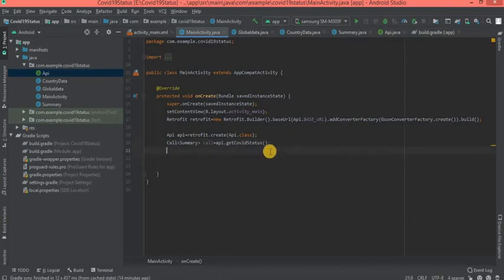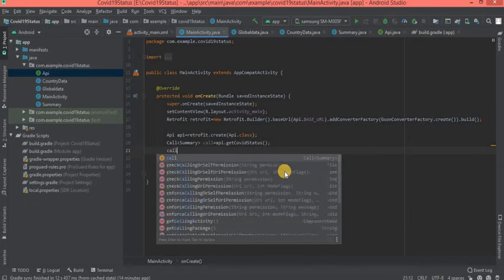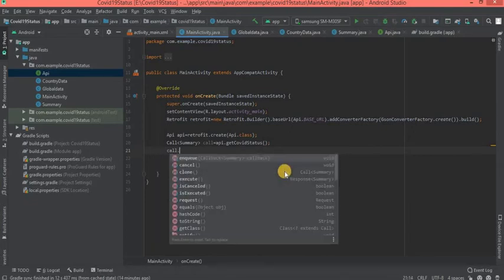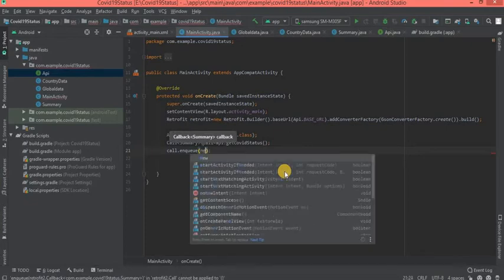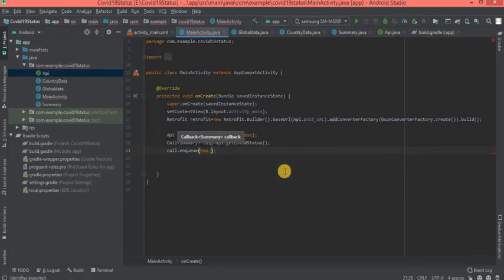Next, we have made an HTTP call through this statement. Now we need to get the values from that JSON file into our application. For that we need a listener, call dot enqueue, new Callback summary.